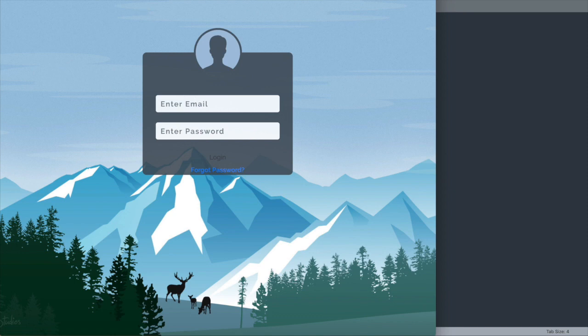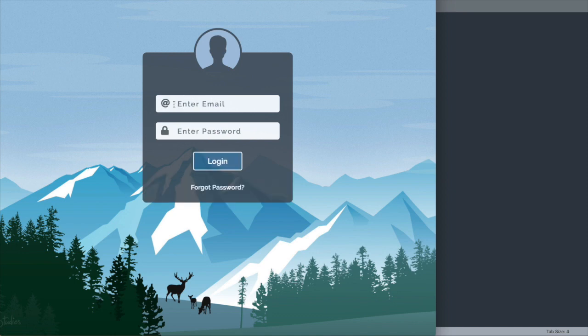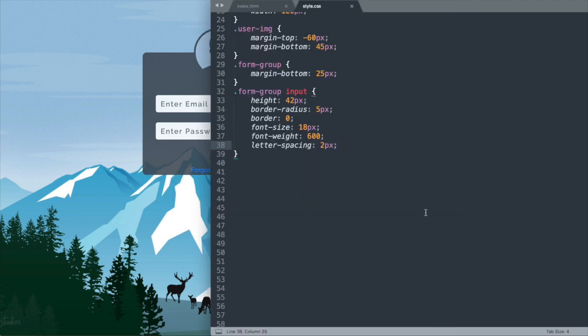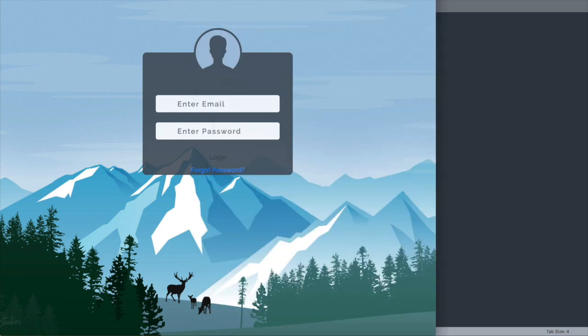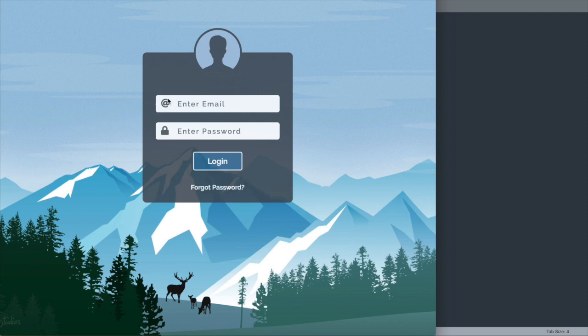So as you can see right now, the font is starting to look as it should, but we'll also want to add some padding to the left to make up for space for the icons. So we're going to say padding left 54 pixels. And now we have space to add the font awesome icons to the left of our text inside of the